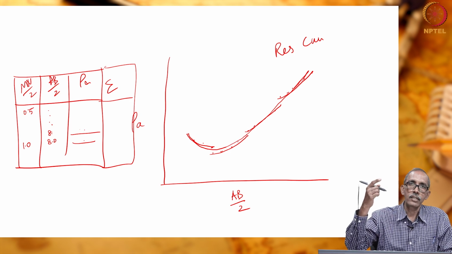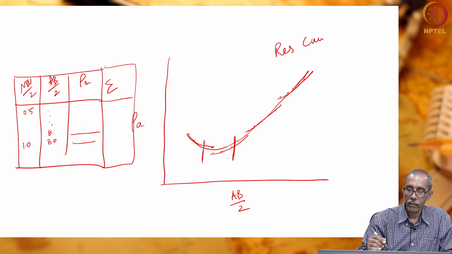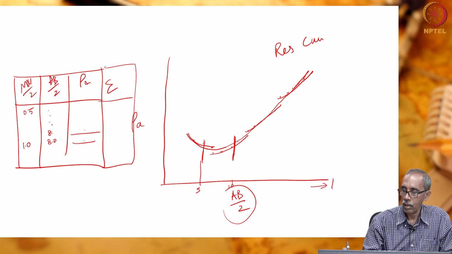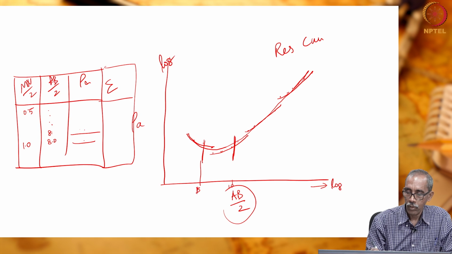So, how can we carry out the interpretation? That is the first method, asymptote. What we can do is look at where the major change in the slope of the curve is. I will say somewhere here, right. Maybe here is a major change in the slope. Here too there is a major change in the slope of the line. Now, I will interpret this as referring approximately to the depth of investigation. Let us say here you have 5 meters, here we may have 10 meters. So, usually it is also done on log scale, right. If so, 1, 10, 100.